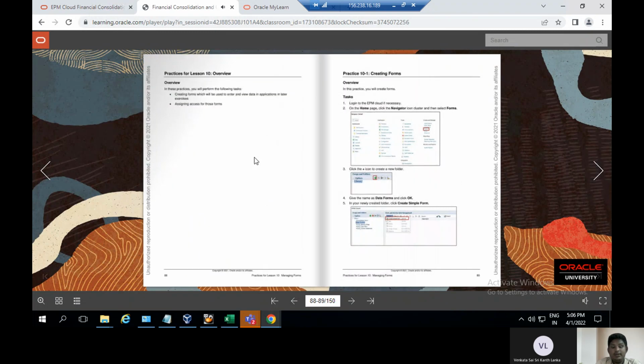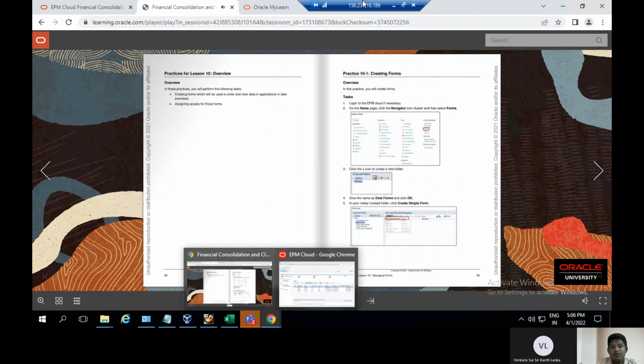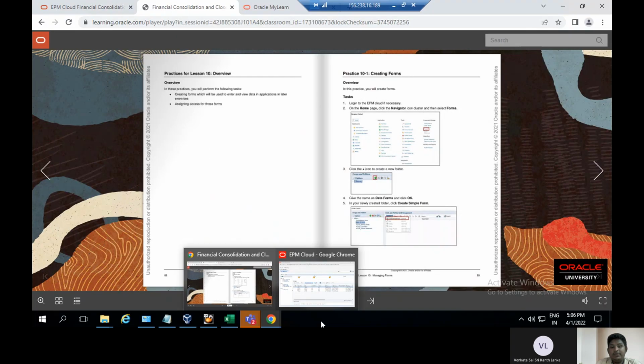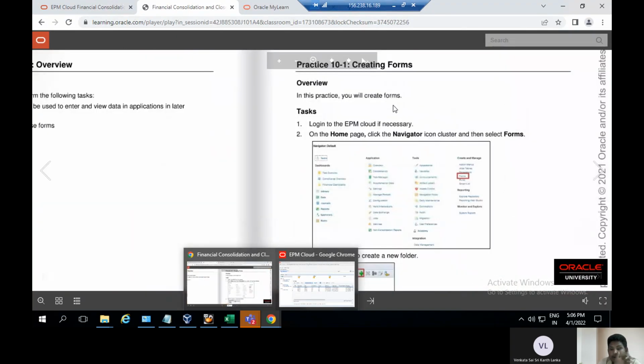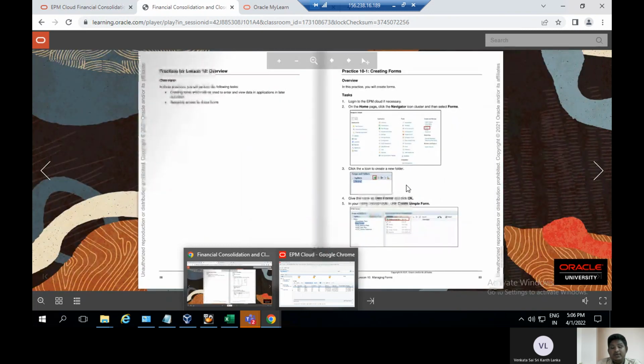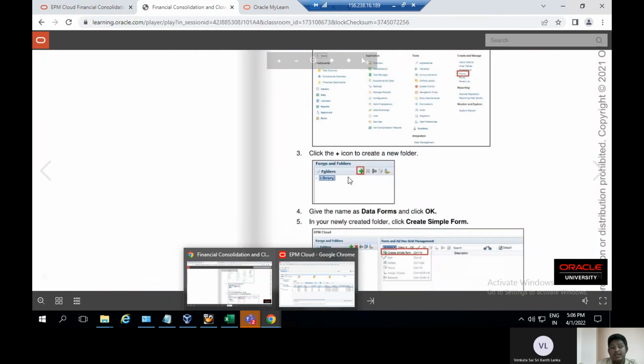Managing forms. In the scenario managing forms, here we create forms, and then after that assign the access to forms. Okay, then go to the activity guide, here to create forms. Here in create forms, log in to the EPM cloud home page, under the navigator, click create and manage, and there under the forms card, click on the icon and go to the library, and add the library, giving the name of the library as data forms folder name, and click the